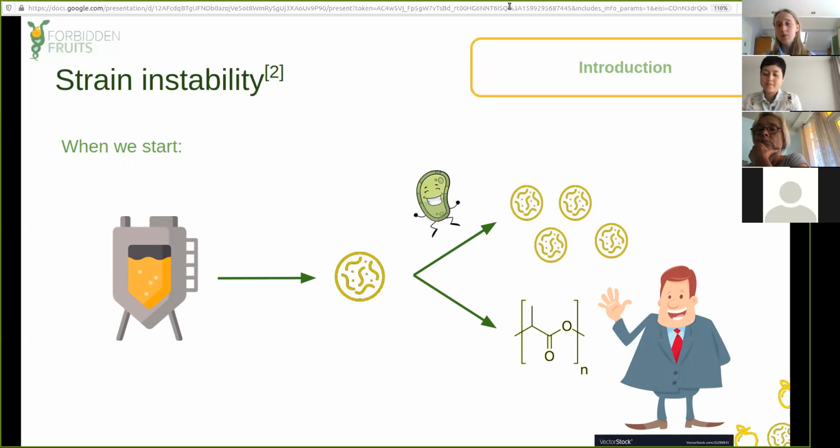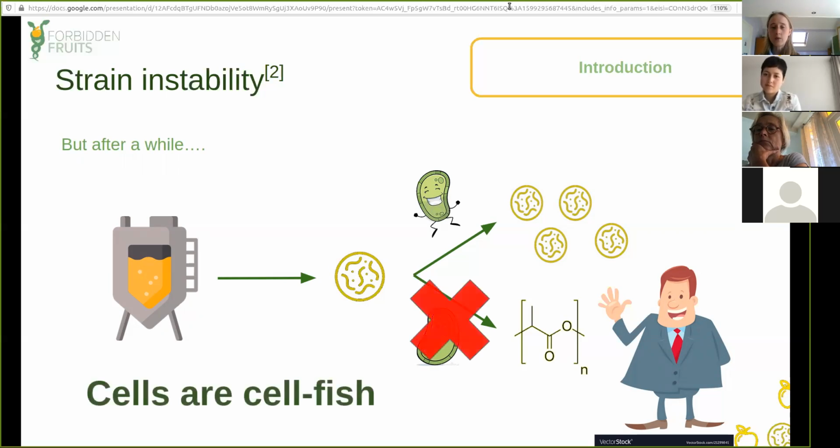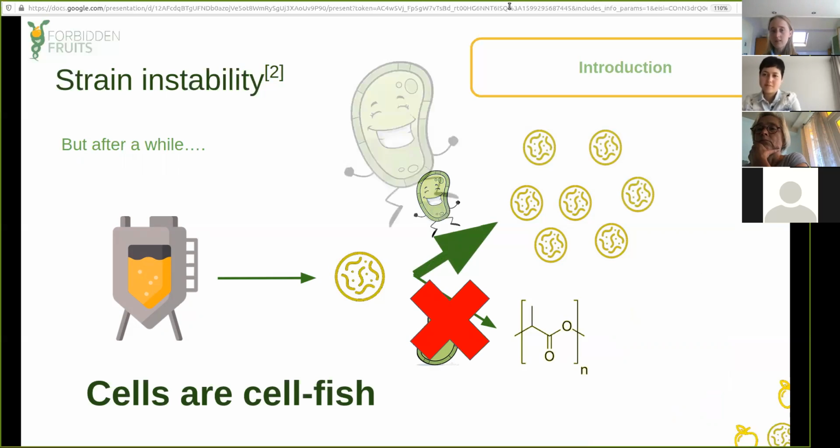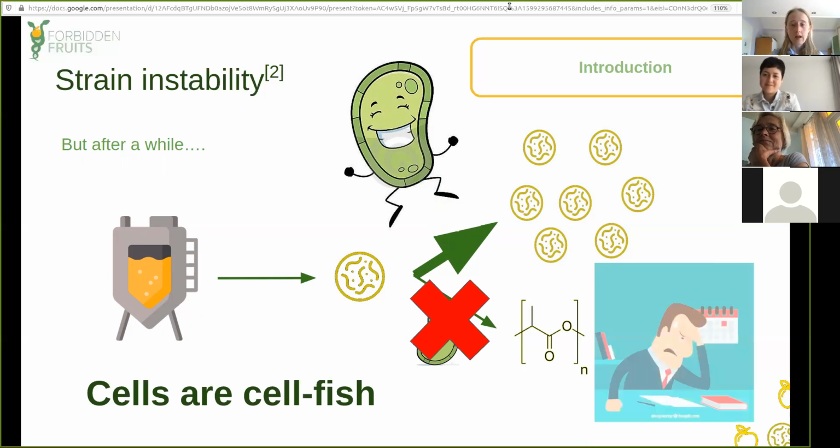Well, the bacteria gets really happy making more of itself, because that's its aim in life, you can say. And because it uses resources, it uses food to make the product, it actually doesn't want to go in that pathway, the product making pathway. So cells are a bit selfish. What they don't like, they don't do. So after a while, they only grow faster, stop making products, and are more happy because they make more of themselves. And that's frustrating for us, because how can we solve it?